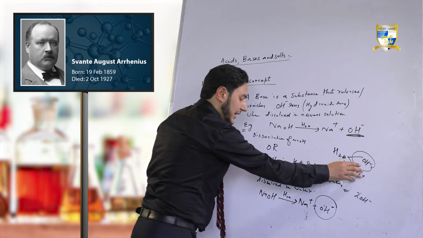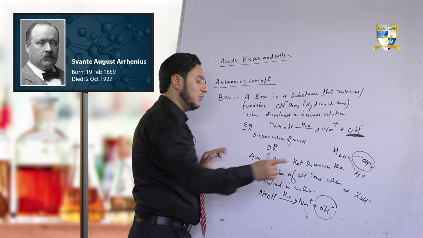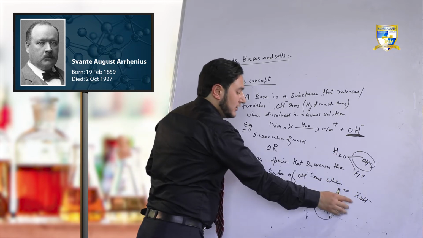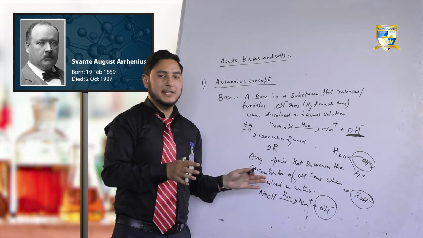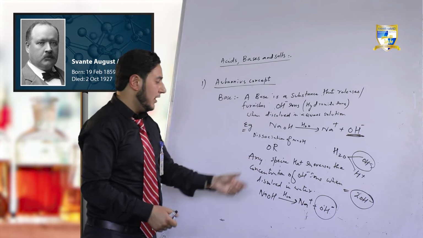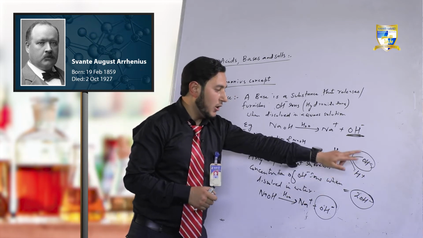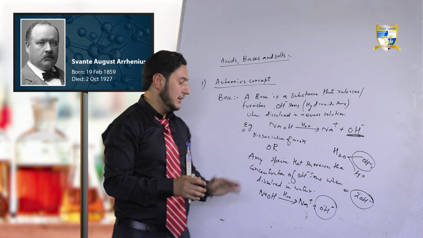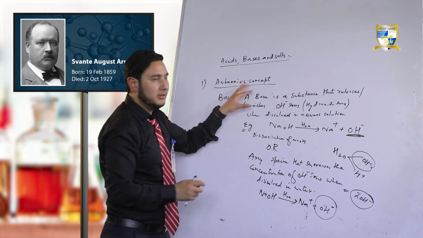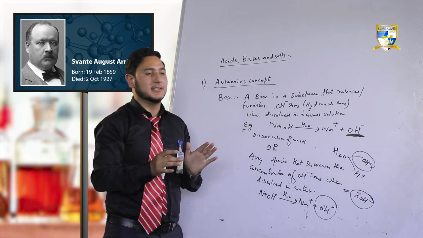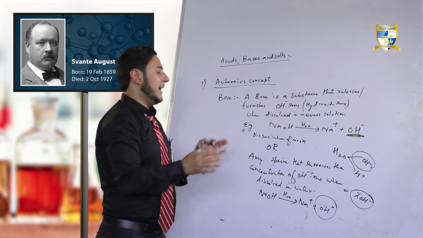Already OH negative is there, we are adding another OH negative. That means we are increasing the concentration. It was 1 basically, now there are 2. So the concentration of OH negative ions got increased when added to water. So according to Arrhenius, any species that increases the concentration of OH negative ions in the water is called a base. I am repeating from the very beginning. According to Arrhenius, a base is a substance that releases or furnishes OH negative ions when that substance is added